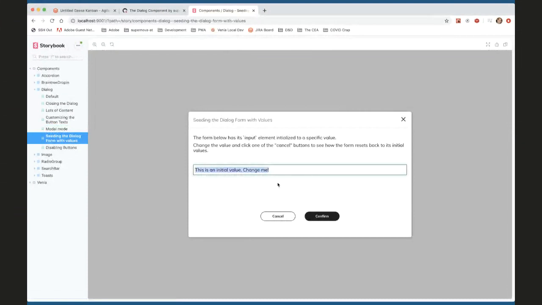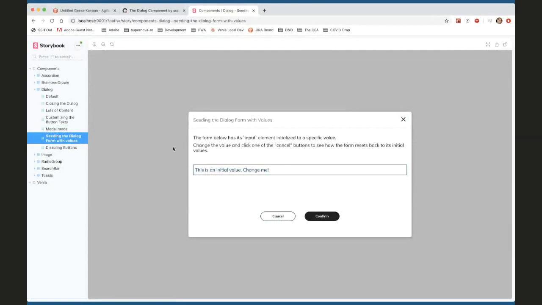So this is an initial value that's set here. I can change this to whatever, and the cancel button and the closing X will reset the form, which just means it goes back to its initial value. Again, there was some inconsistency with how we did it on the checkout page individually. So this brings all that stuff